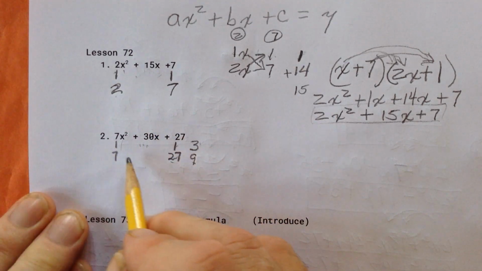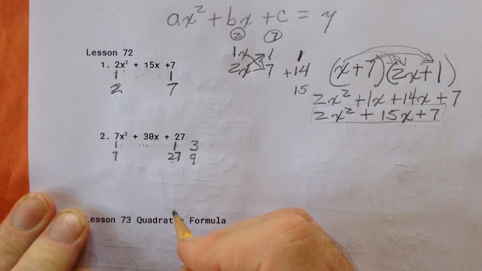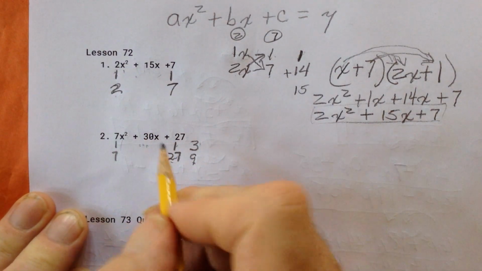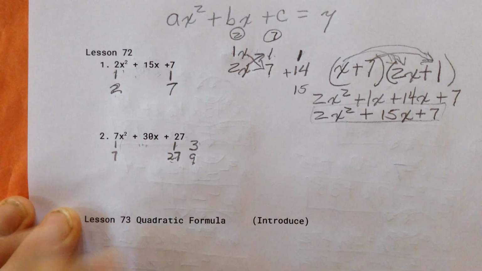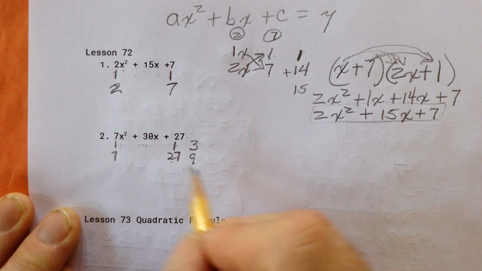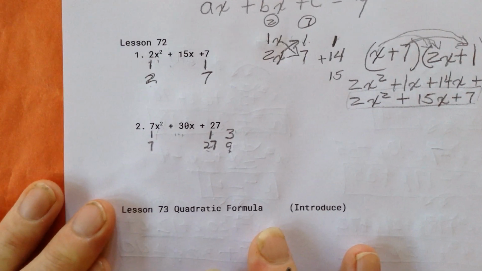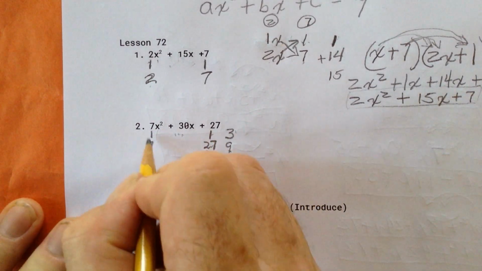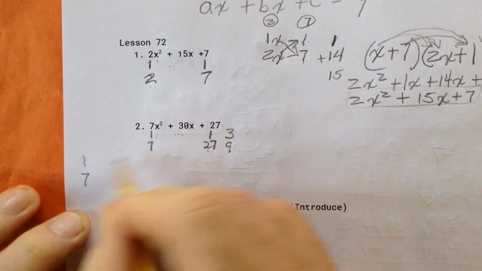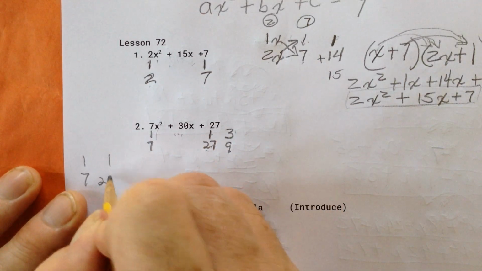Okay, if we multiply them, we have to find a pair where, if we multiply them, then add up their products, the answer adds up to 30. So this takes a little work. I'm going to go through all the combinations, and I have it set up so the last one will work, just to show you the process. So here I have the factors of 1 and 7, so those are the only ones I can use. But if I do 1 and 27